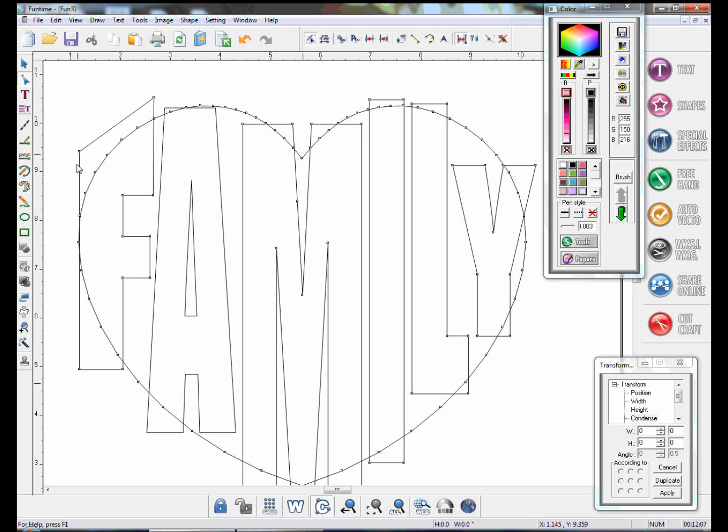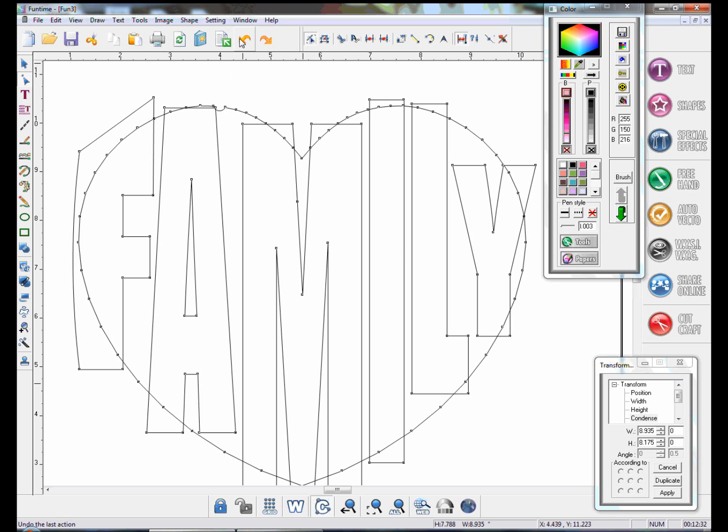Now with this side of the F, I just select anywhere on this line. There are no construction points, but by selecting on it, it bows it out, and that takes us to the left side of the heart. And that looks pretty good. Come up here to the A and unselect that because we don't want that one, we want the A. And once again,